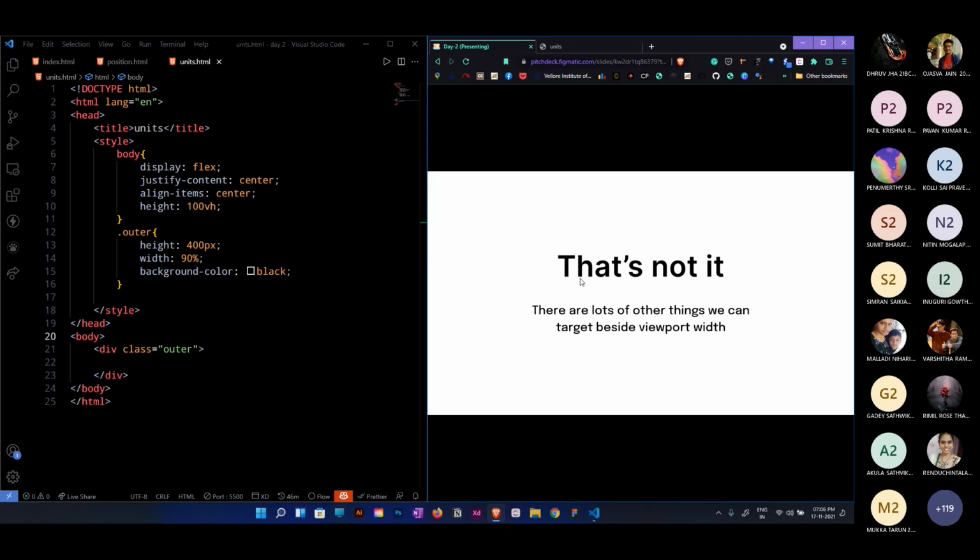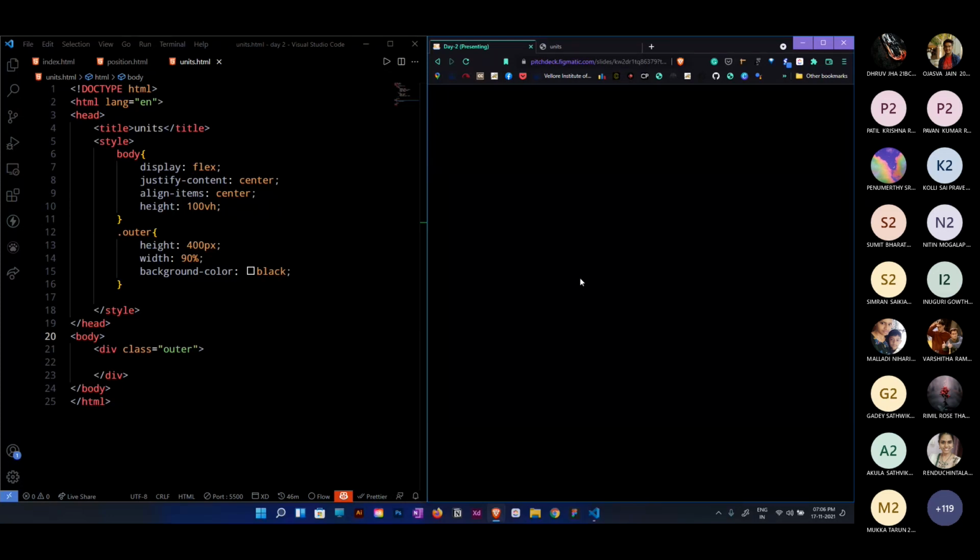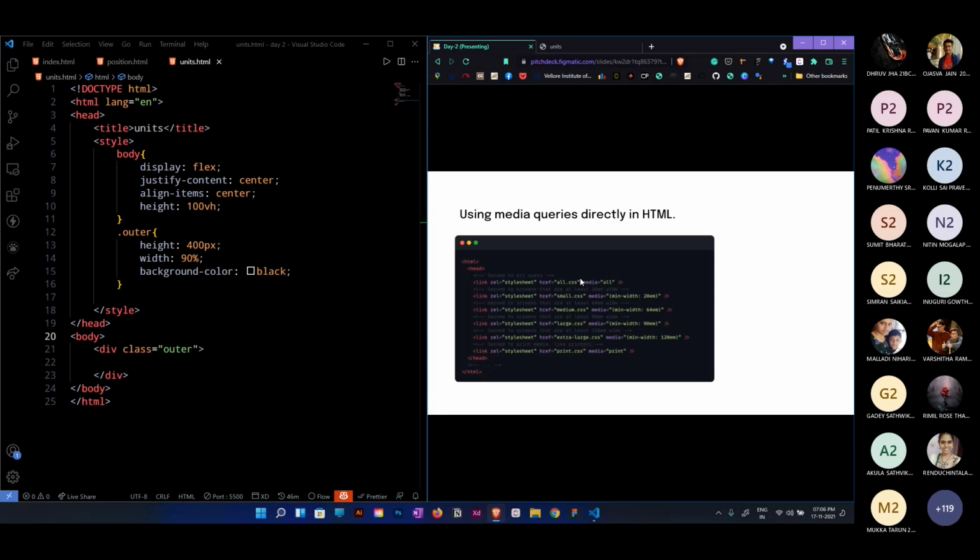And media queries are not only for that use. Many people think that media queries are only for responsiveness, but we can do a lot of things with media queries. There are different ways to apply media queries. You can link separate style sheets. There are some websites like Pinterest.